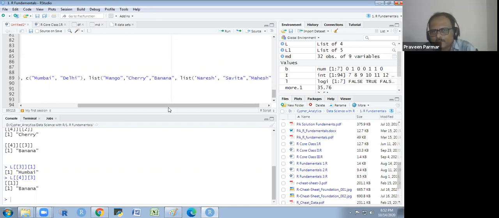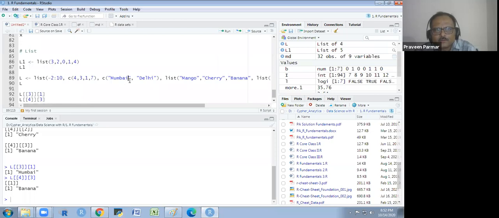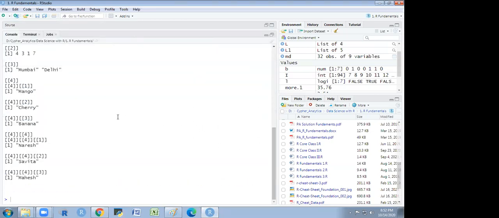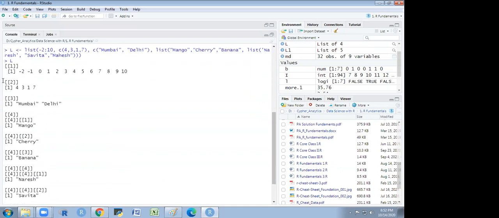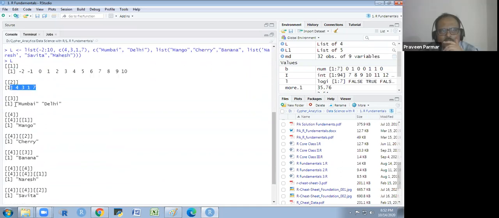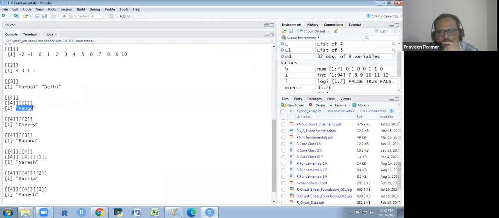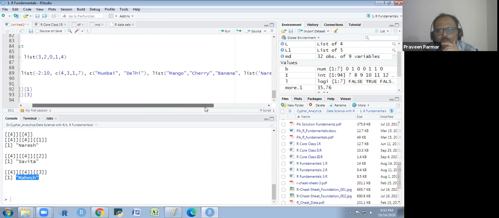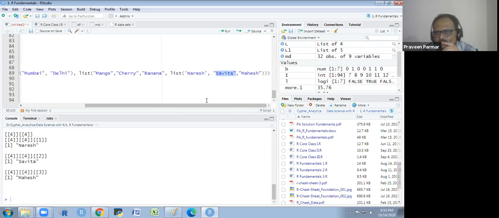Okay. You look at this. This is the first, second, and third. This is the fourth sublist. In the fourth sublist, these are the three elements: mango, cherry, and banana. Then there is another sublist, where there are Naresh, Savita, and Mahesh. So now I have to access this Savita.